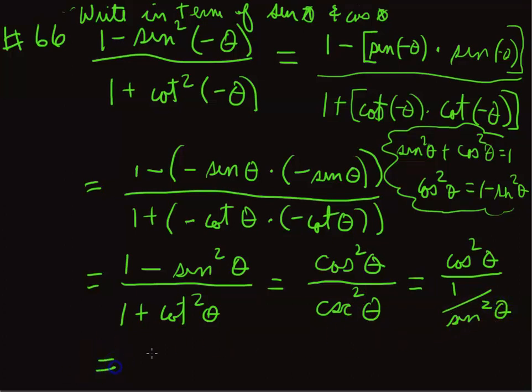So our final answer, when you multiply by the reciprocal, is cosine squared theta times sine squared theta. And you've written that in terms of sine theta and cosine theta. This is going to help you in the next section for verifying identities. But you should be able to do those problems from section 1